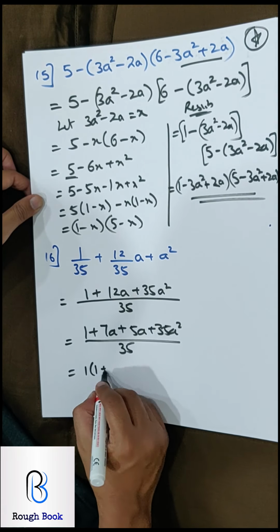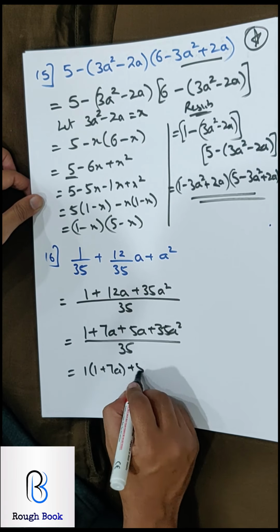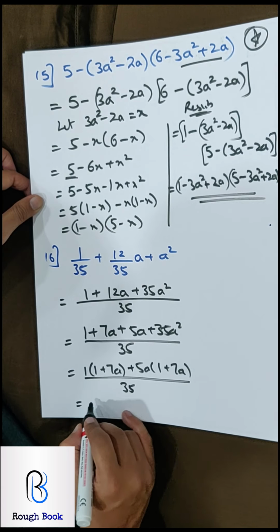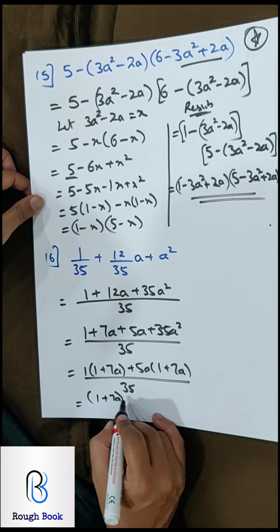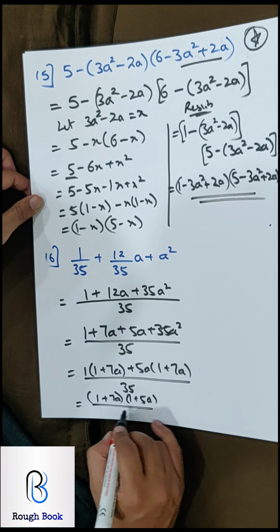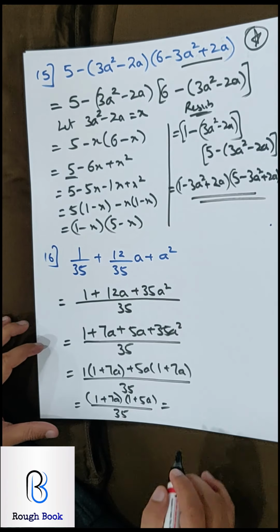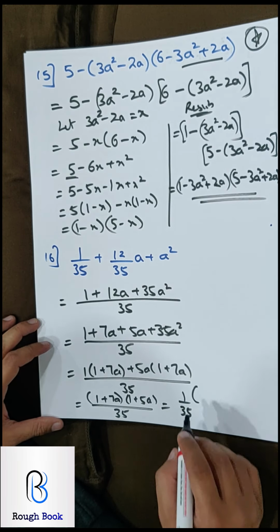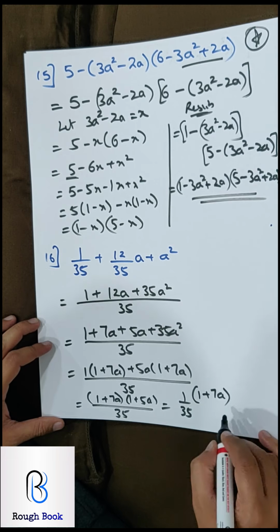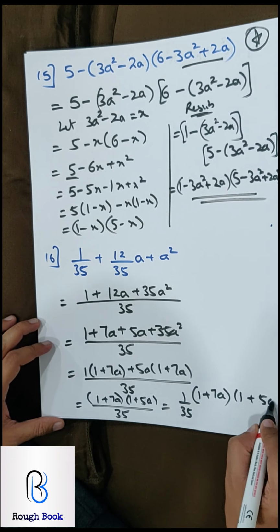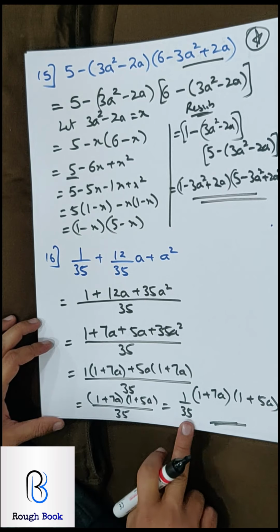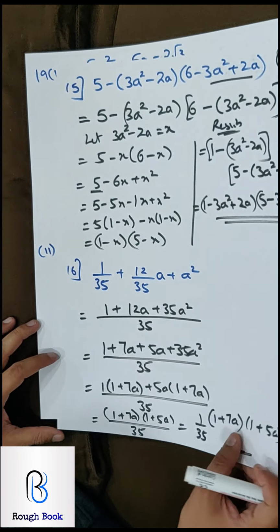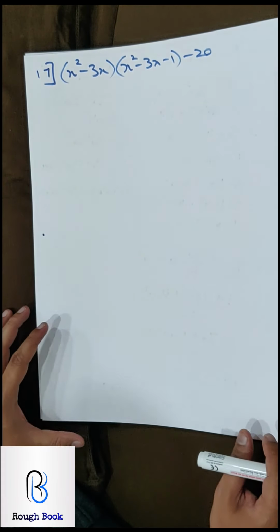Common is 1 because nothing is common. Common is 5a. So 1 plus 7a upon 35. So I get 1 plus 7a, 1 plus 5a upon 35. To make it look better, I can write 35 as 1 upon 35. You remember in one of the sums we had done in rational, irrational like this. So now it looks better. This 1 upon 35 I wrote separate and then these two parts separate. Easy? Not difficult at all. Just slightly different, a small variation.